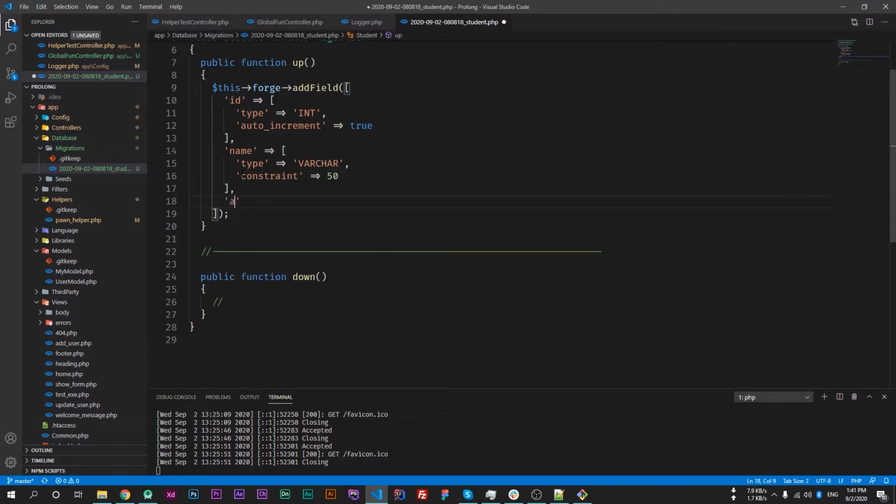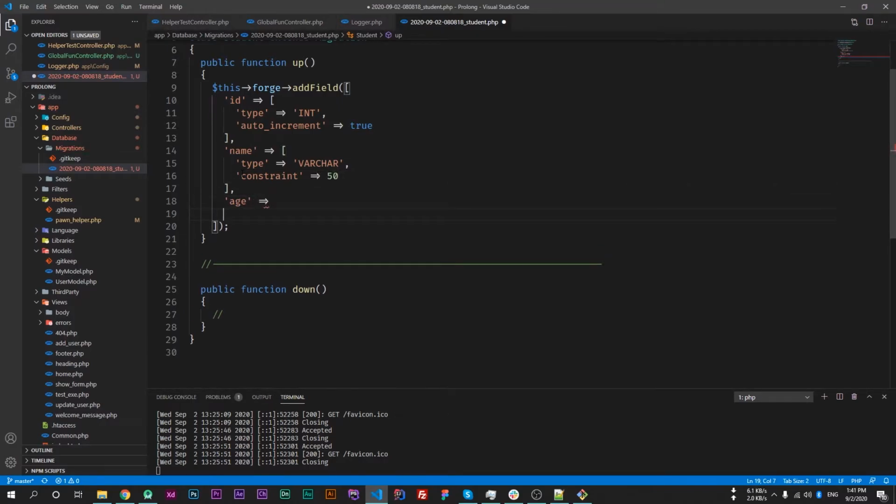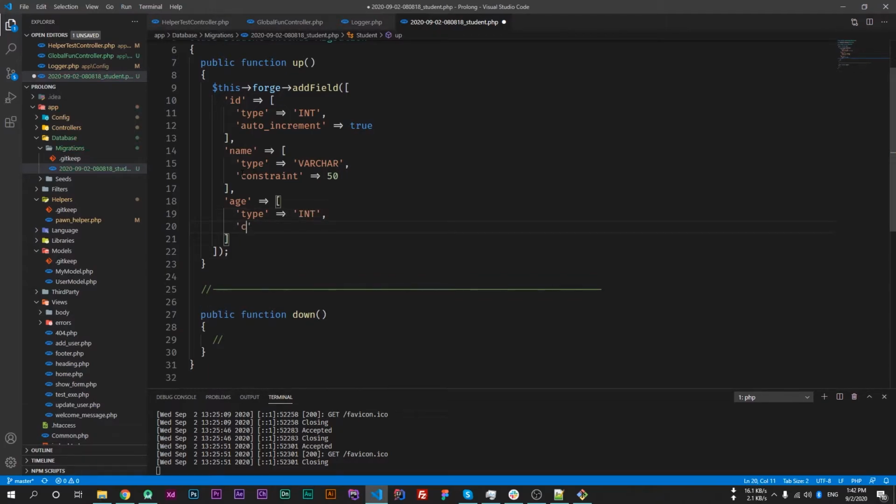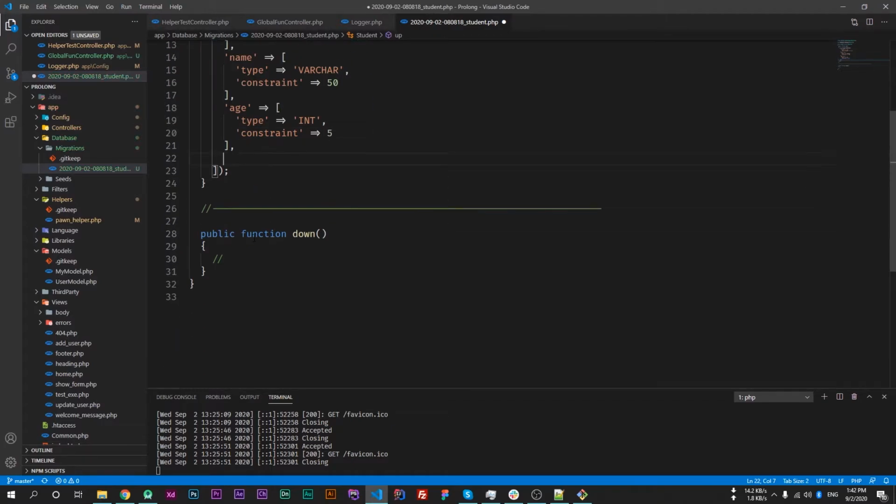The next one will be age, and its constraint will be type, which will be of type int, and constraint 5, and other fields like created at and updated at.